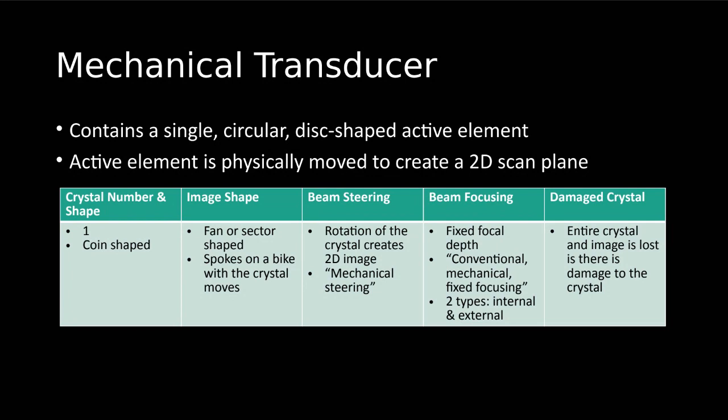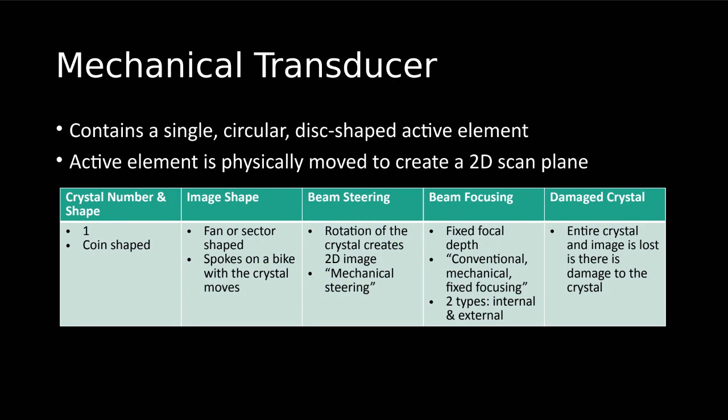So some information that we're going to be talking about when we talk about all of these transducers, right? The crystal amount, shape, what type of image that produces, can we steer that beam, can we focus that beam, and what happens if that crystal gets damaged? So of course, with a mechanical transducer, there's only one crystal. It's coin-shaped or disc-shaped. The image that it's going to create, so our display screen, is going to be fan or sector-shaped, depending on the transducer. It's going to have this spokes on a bike type of appearance with the crystal that moves. So again, not something that we are